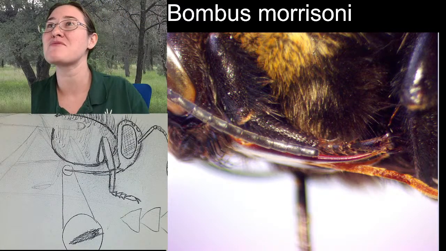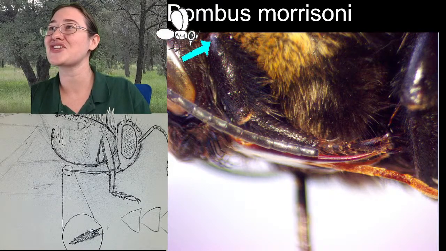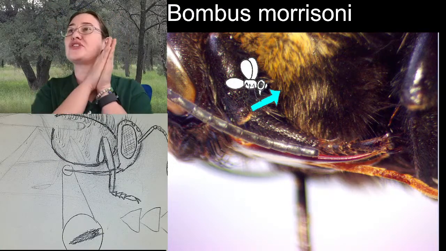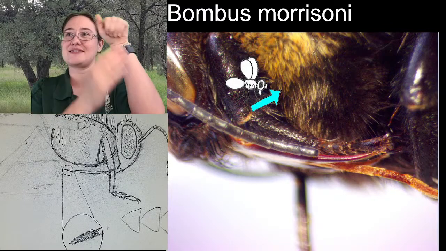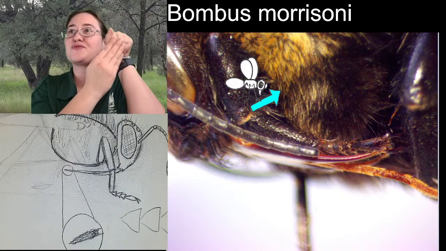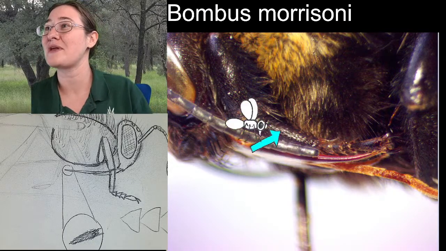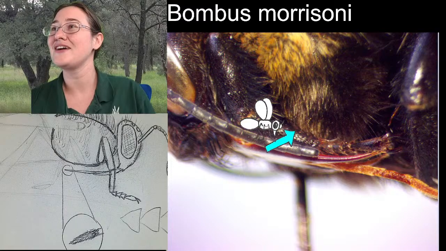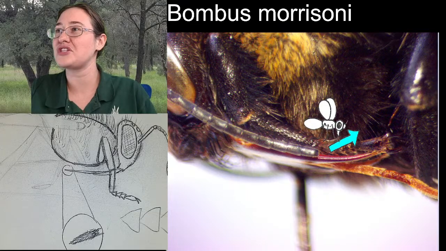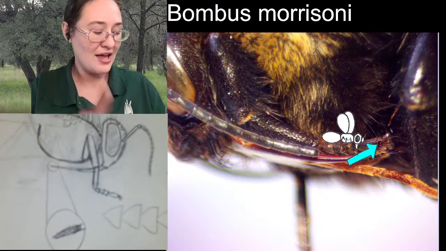So here we go. I'm going to re-describe this one for you. Sorry about that. Right here, that's actually the tibia, and the issue is that we can't see the femur behind it because it's folded on top of itself, like this. So you've got the femur here and the tibia here, and it's folded on top of itself, which is why, when I looked at it, it liked to trick me. So this segment right here would then be tarsal segment number 1, and then you have the 3 triangles and the last tarsal claw. So you still have these segments here, except that